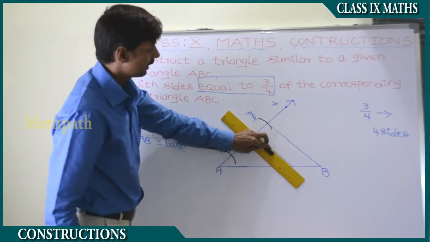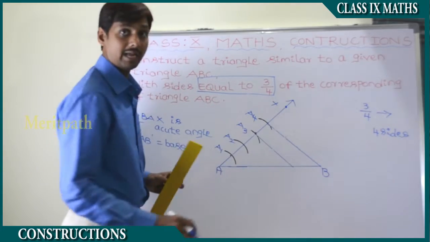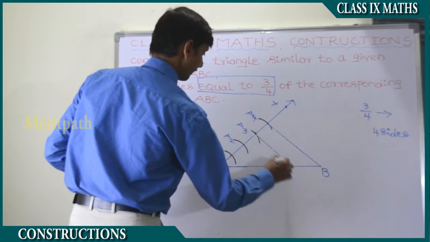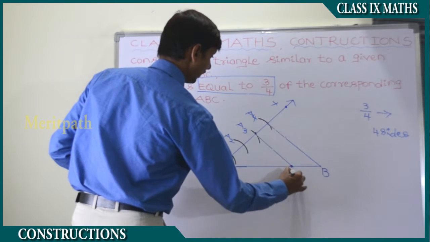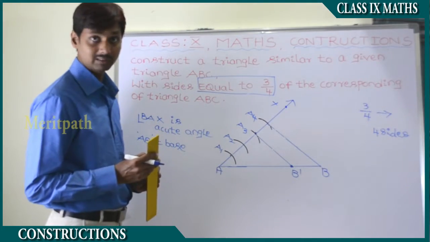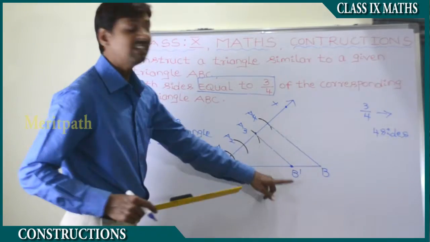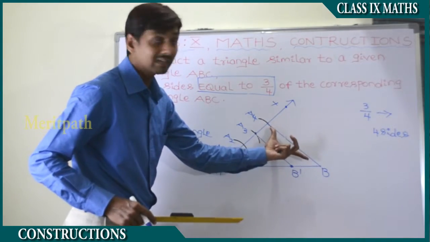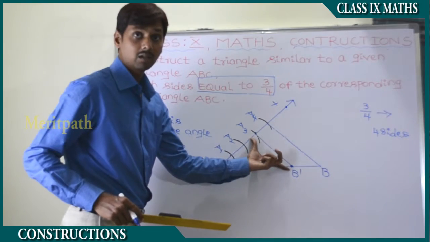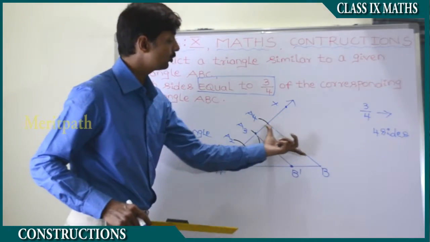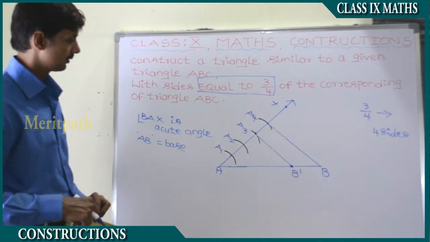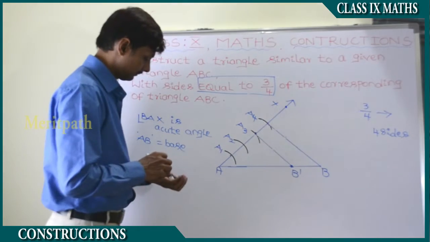This is A3, and we name the intersection point B dash. So A3B dash is nothing but the parallel line to A4B. The parallel line A3B dash is parallel to A4B. So now, let's take